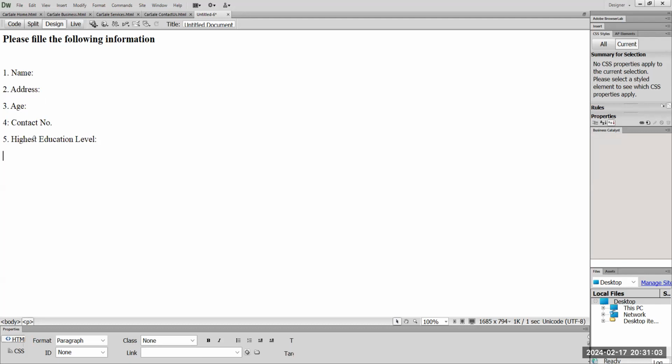Then the sixth one, let's say language ability. That may be multiple, right? Multiple abilities could be there. Then the seventh one, let's say, it's enough, so we will give it here. After that, what you have to do is give a submit button. As soon as they submit, the information will go to